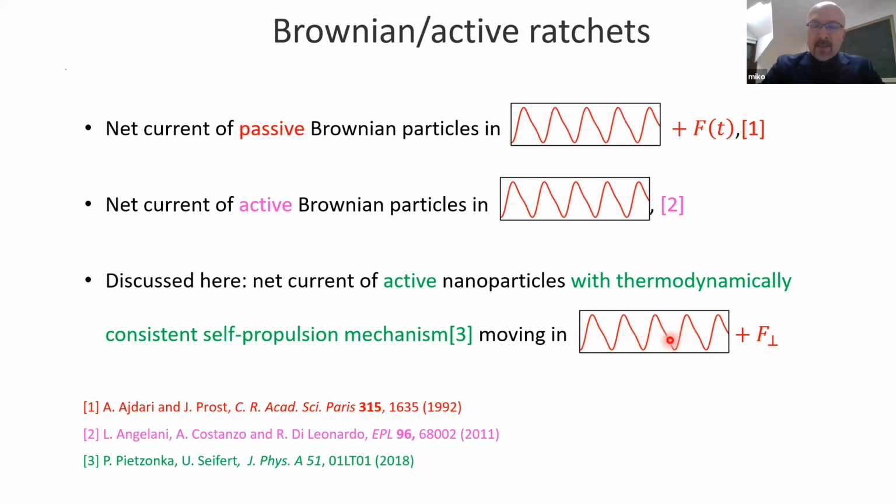But now if you take this ratchet potential and add on top of it a transverse force, a force pointed towards the screen along the grooves of the ratchet, we will achieve rectification of these nanoparticles. What is important is that the mechanism discussed in this part is not operational for passive Brownian particles or for standard active Brownian particles. So it's a novel mechanism which is exhibited by a certain class of active nanoparticles, for instance,